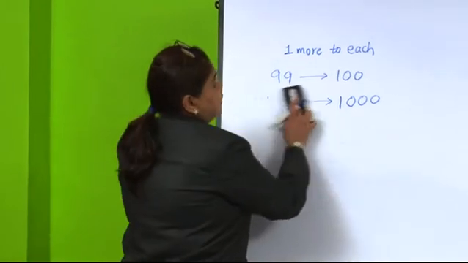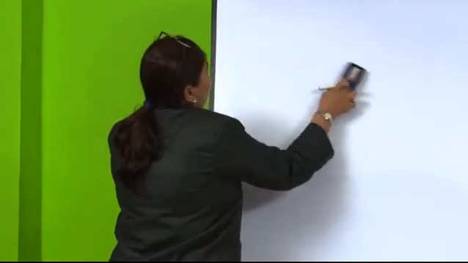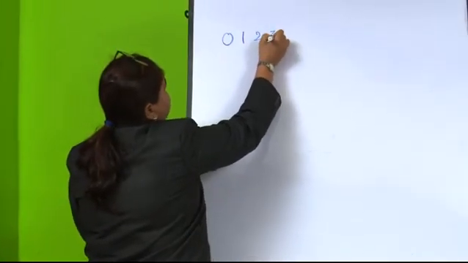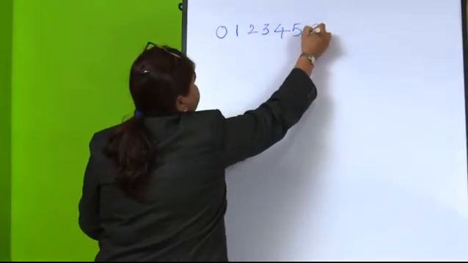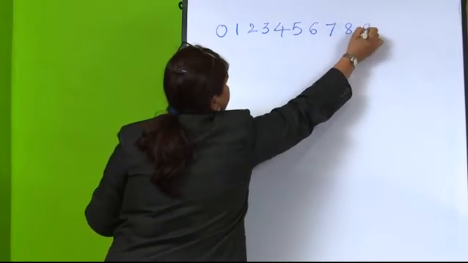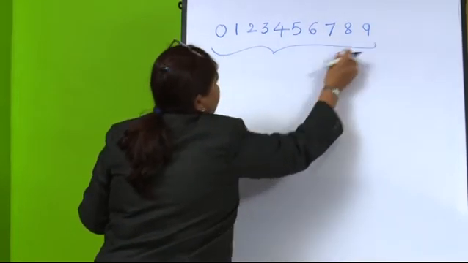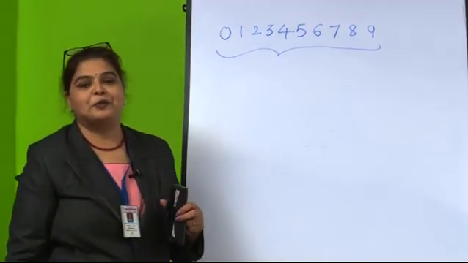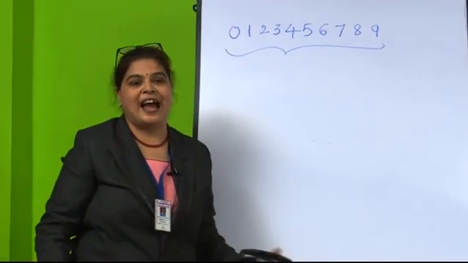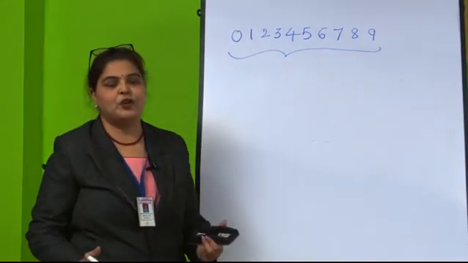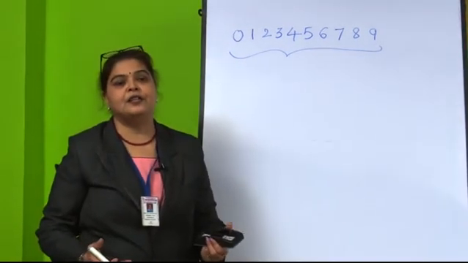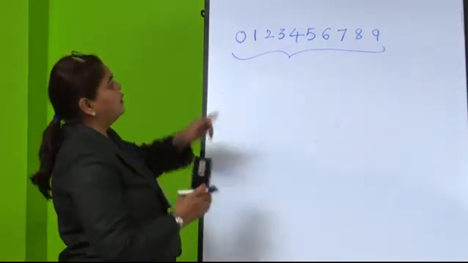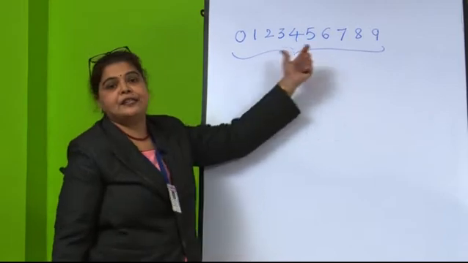Now we will see a number name. Everyone knows the numbers 0, 1, 2, 3, 4, 5, 6, 7, 8 and 9. You students know the numbers up to 1000, 5000, lakhs. Today we are going to learn about 5000, 5 lakhs and crores also. So we are only playing with these numbers.